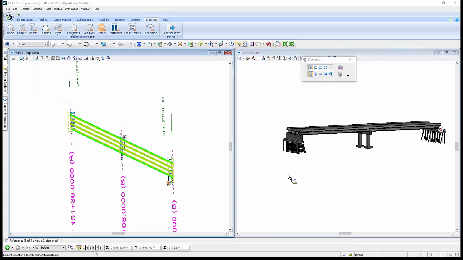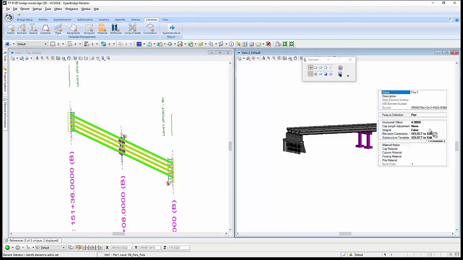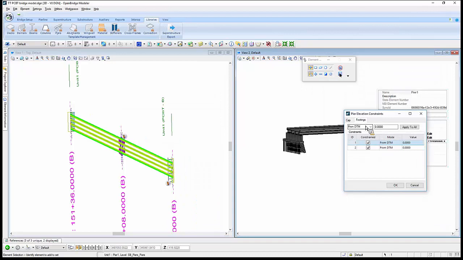Actually, I think I just said that, but just the fact that we have that one model, and things are, like I said, very easy to change in here. If I want to make changes, for example, to this pier, I simply come in, click on it, hover over it for just a moment, select its properties here, and I can go in and change just about anything about it. I can change these elevation constraints, for example, which would be the elevations at the top of footing there. Those can be based off of either a terrain model, or I can go in and give it